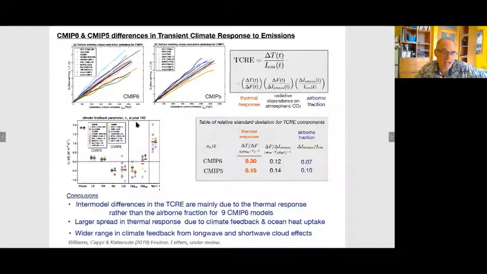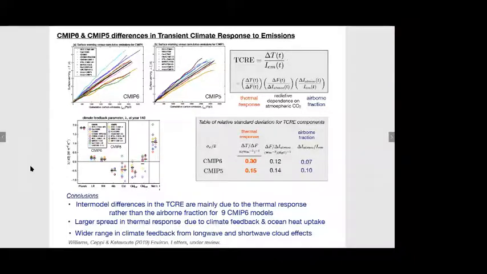Now, if you untangle the contributions to that physical climate feedback in this plot that Paolo Ceppi provided, it's mainly due to larger spreads in the cloud contributions. And so untangling those is central to really understanding these different projections. So this work was submitted in December to Environmental Research Letters and is currently under review. And I'll stop now there. Thank you.